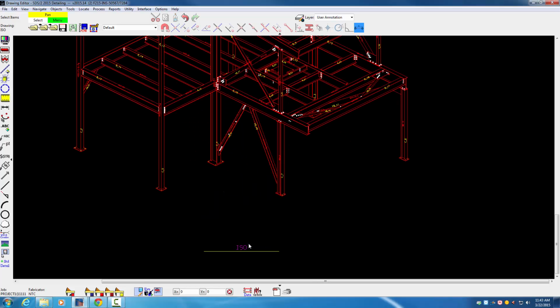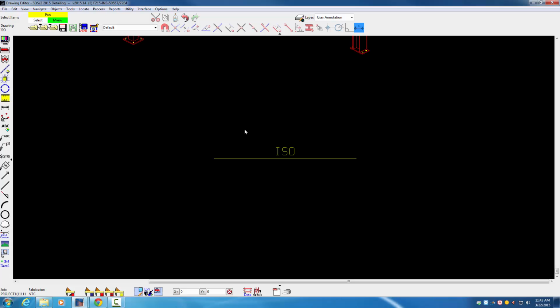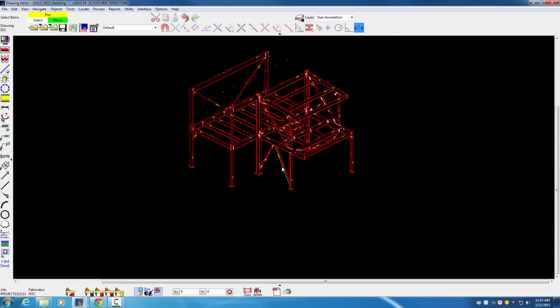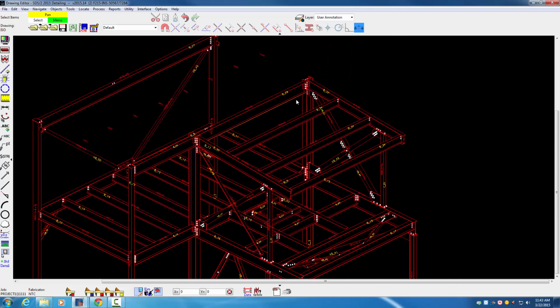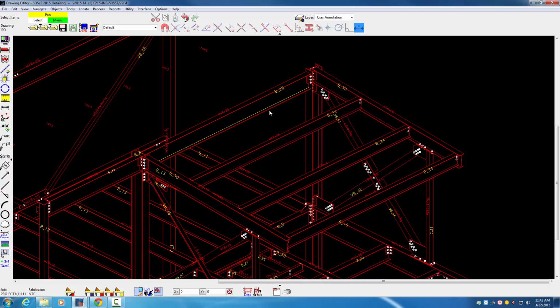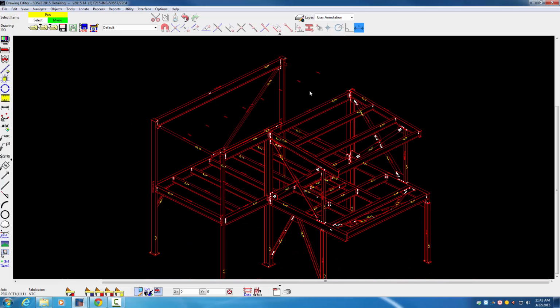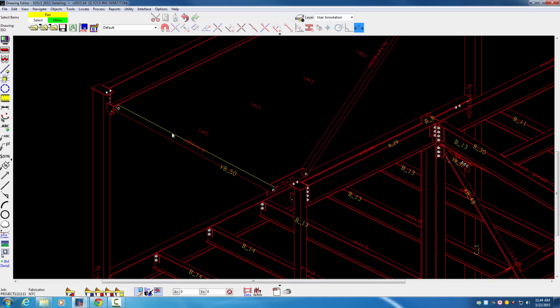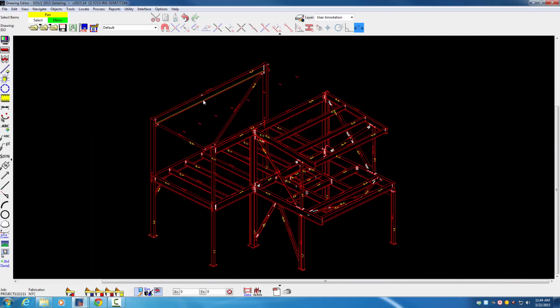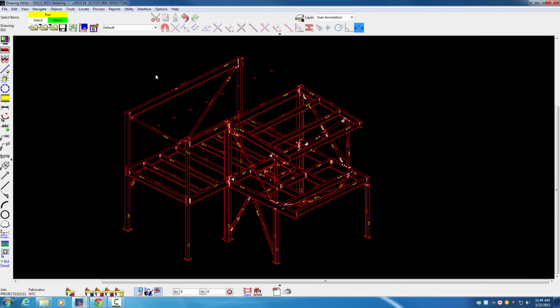What we're going to do first of all, SDS2 automatically added this on there. I'm just going to drag a box around it and hit delete on my keyboard to delete that. And then from there, when we generated this isometric view, we left everything as is, so it put piece marks on here and so forth. So to get rid of all that information,